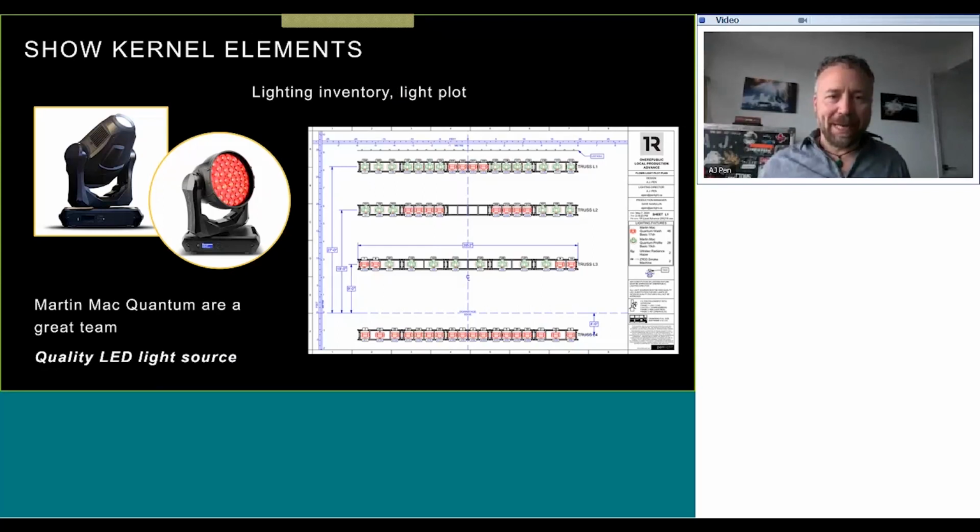Finally, once you've decided what there is to light, you have to come up with a lighting inventory and a lighting plot. I love programming with the Martin Quantum Profile and Quantum Wash. Martin has a whole bunch of other great fixtures, as do all the other manufacturers, but these two basic ones are really easy to say, these are the looks that I absolutely need. If I have a cooler light, maybe I can do that on the day, but I know that I can get a certain amount of looks out of these workhorses. They sold well, they're all over the planet, and they're easy to find.